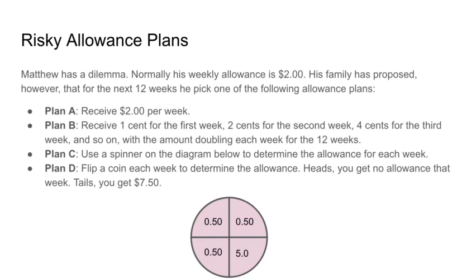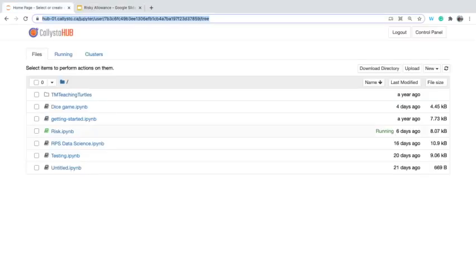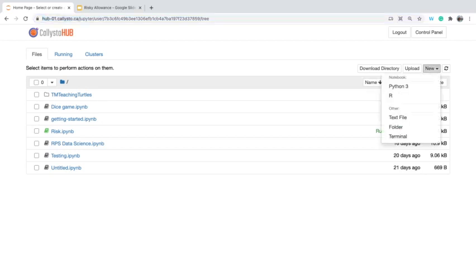And so, I thought that coding this would be an interesting way to look at these over 12 weeks and try to determine that. So what we're going to do is hop back over here onto our platform, and we're going to create a new Python 3 file. All right. So in that first week,